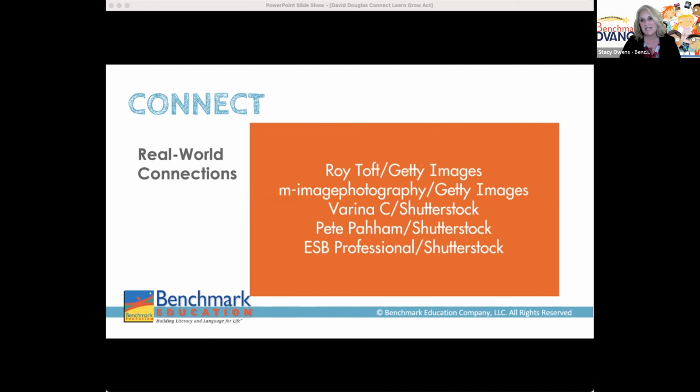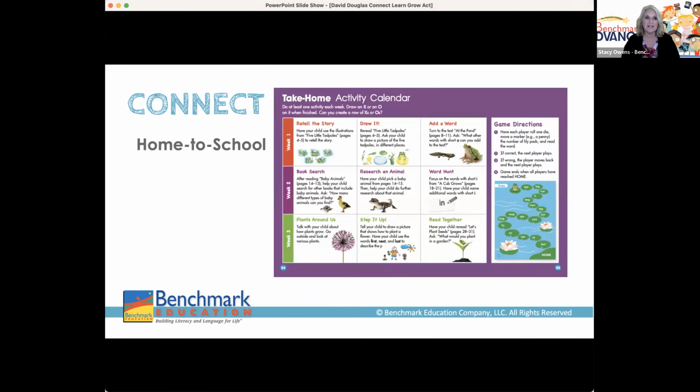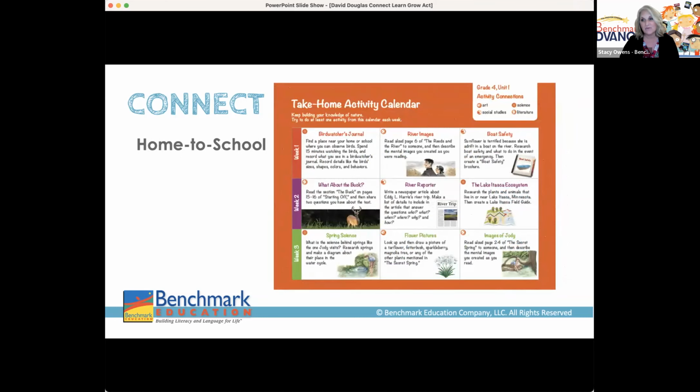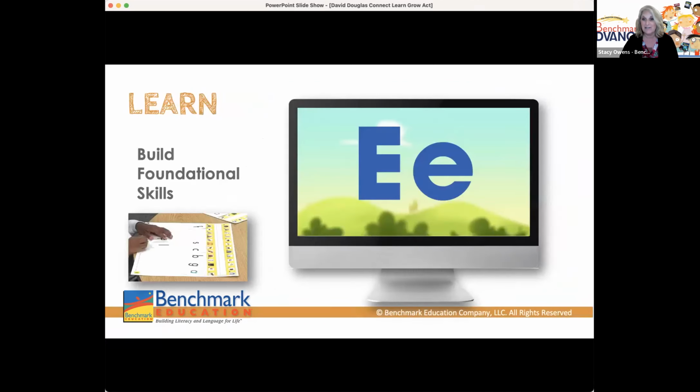So you'll see that essential question pulls right out at the very beginning. At the end of all the 3-week units, connections continue beyond the walls of the school with the My Reading and Writing and the text for close reading, interactive texts that go home with the students, reinforcing ownership of both text and learning. The take-home activity calendars show caregivers and students how they can interact together and connect their experiences around the unit topic and even continue